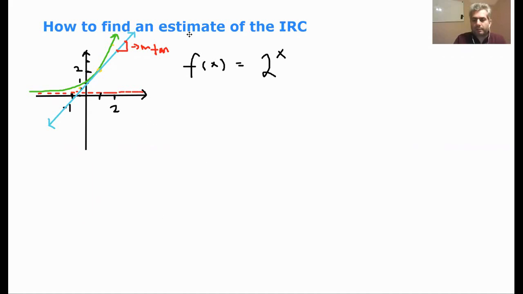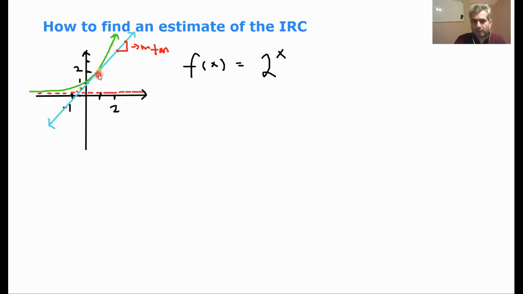So the preceding-following method, what we're going to do, I'm just going to use my spotlight here, is this is the point of interest, right? This is the slope. We want to find the slope of the line crossing across that one point. But if we can use a method where we find the slope of the average rate of change, or the slope of the secant across 2 very closely associated points, one to the left of x equals 1 and one to the right of x equals 1, and we get that value,